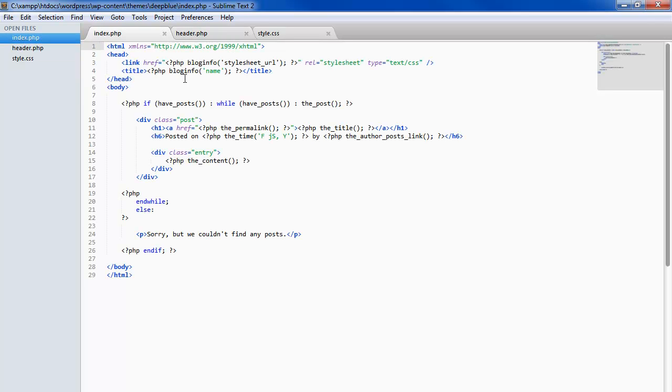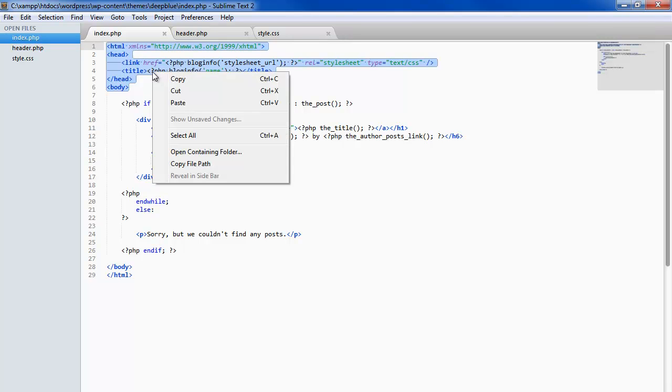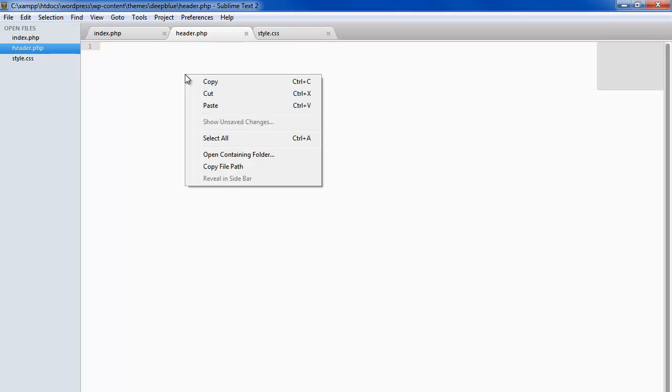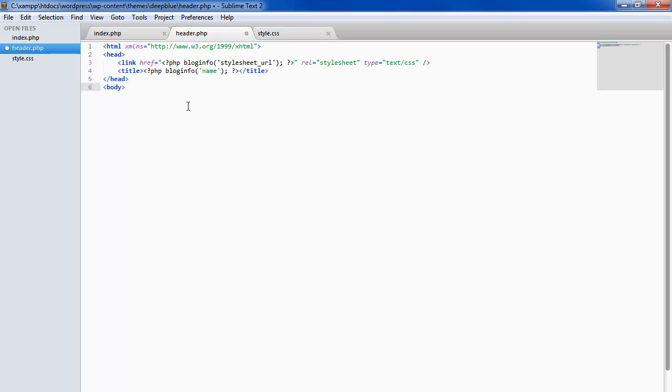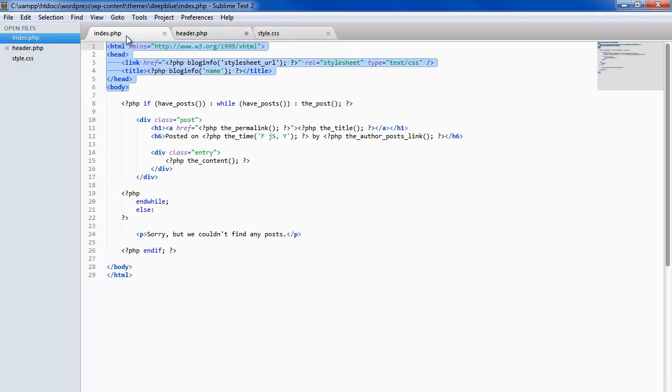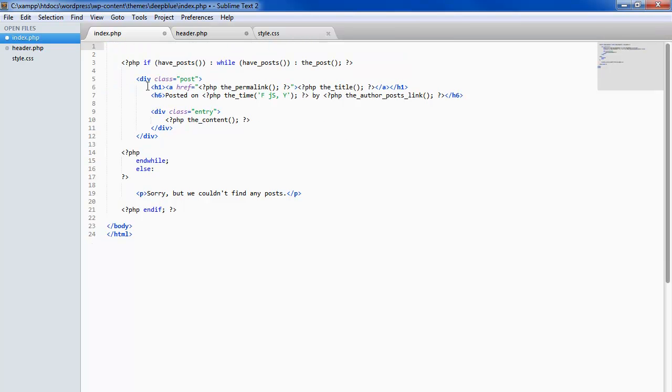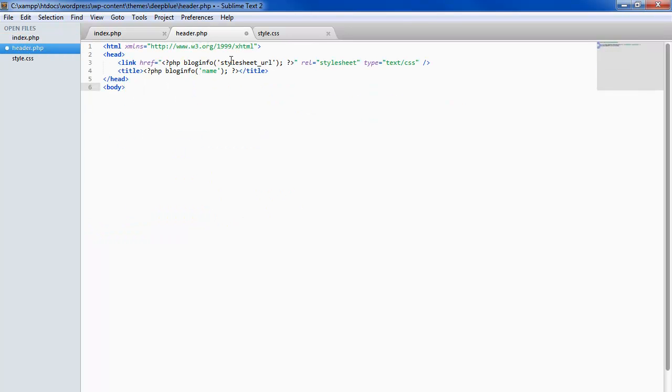And now in this file, I'm basically just going to split this index file into a few more files. So everything you see from here, I'm going to copy and I'm going to paste it into our header file. Now, in this file, I'm going to delete what I just copied there. I'm going to save that. And I'm going to go to my header file. I'm going to save that. Now, to show you what I've just done,